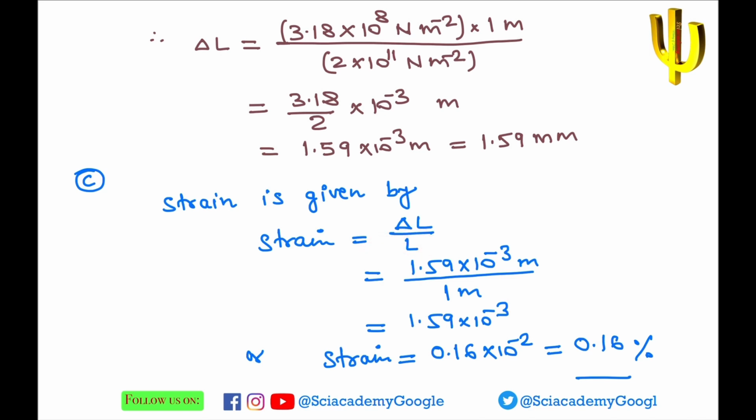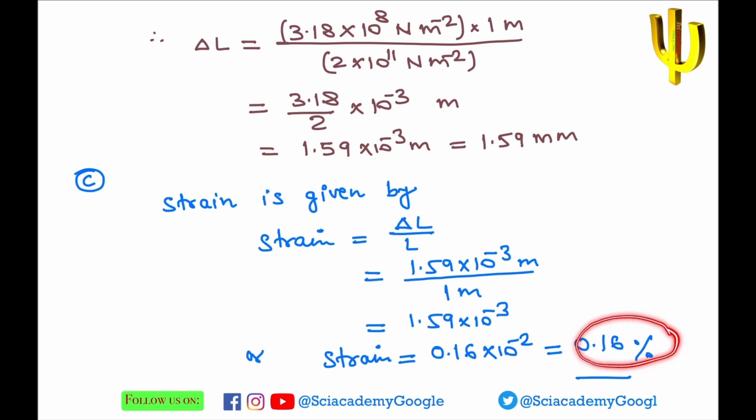After simplification, we get 1.59 into 10 to the power minus 3. You must notice here that there is no unit for strain because meter and meter will cancel it out. So it is a pure numerical value, a number. Therefore we get strain equal to 0.16 into 10 to the minus 2,